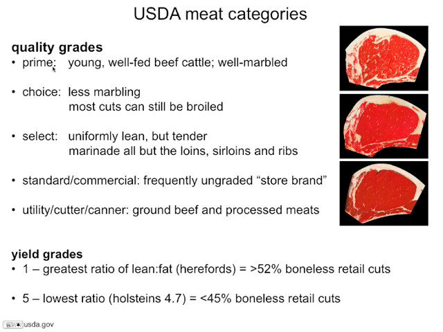Frankly, that is, as we know now, part of the most important aspect of marinating. Interestingly, these are what you might see in the grocery store, and depending on the grocery store you shop at, you might only see prime and choice and none of the other grades. You're not usually going to see standard or commercial stamped on there, but this is going to be an ungraded store brand. And the utility stuff you don't ever see at all, except as ground beef and then as processed meats.